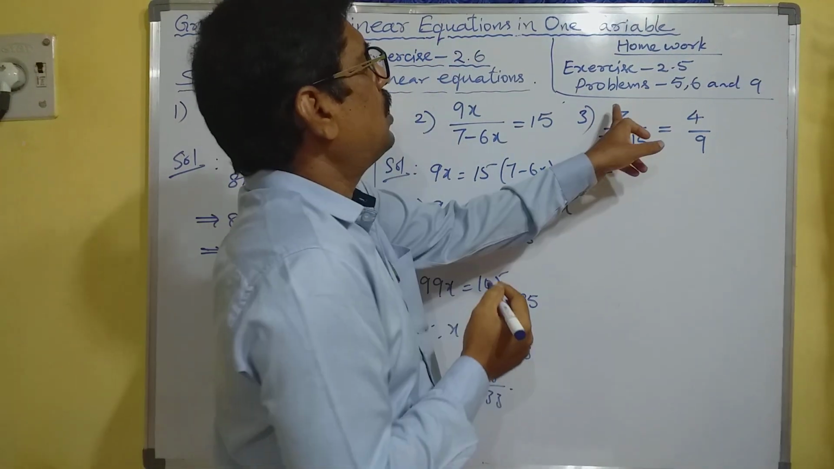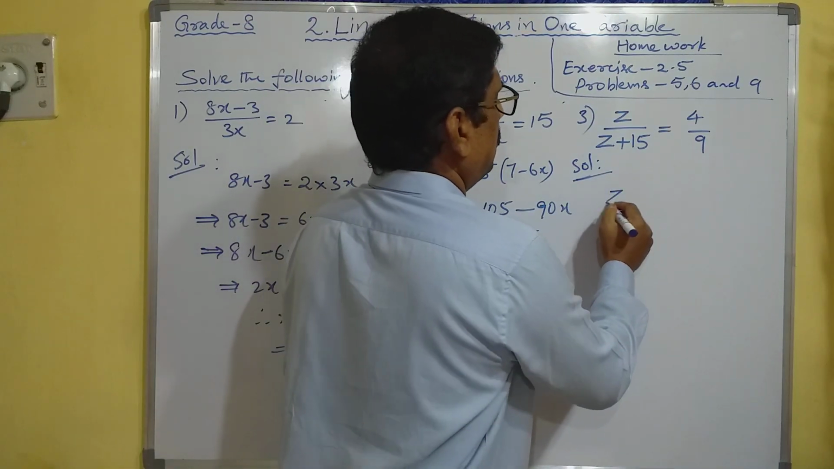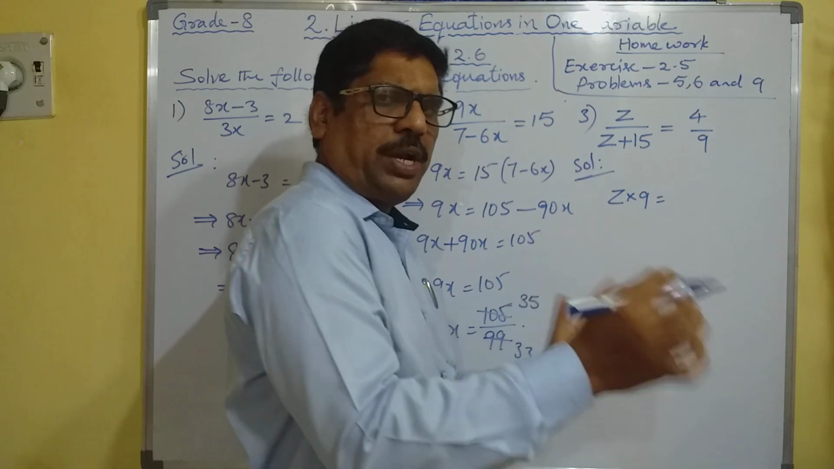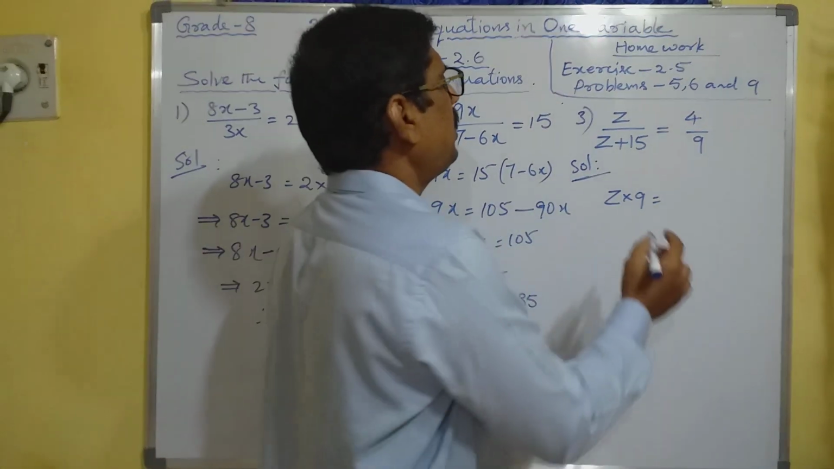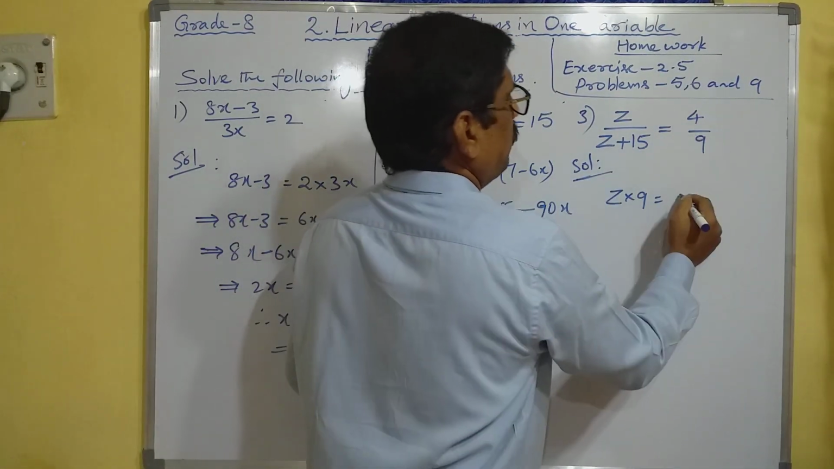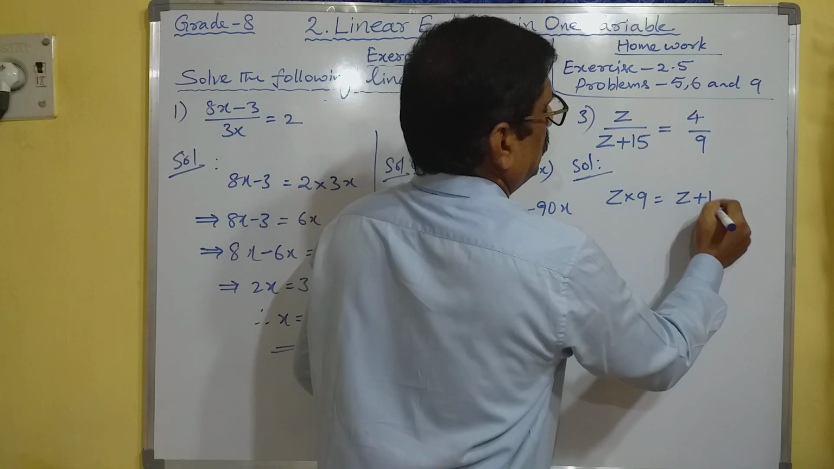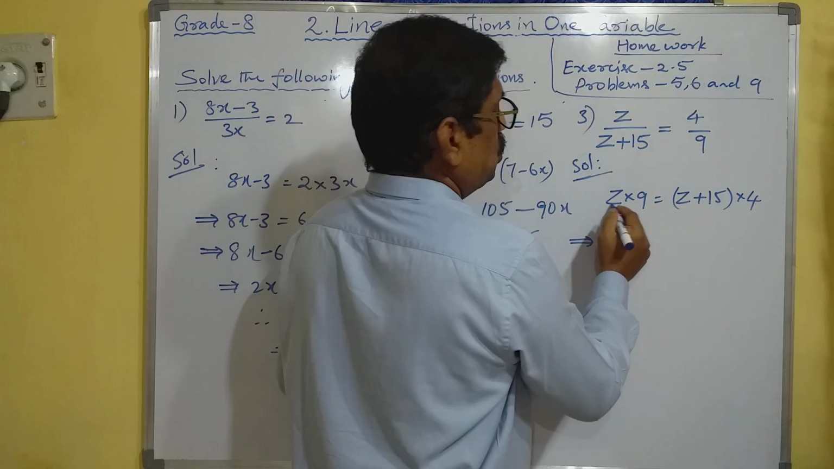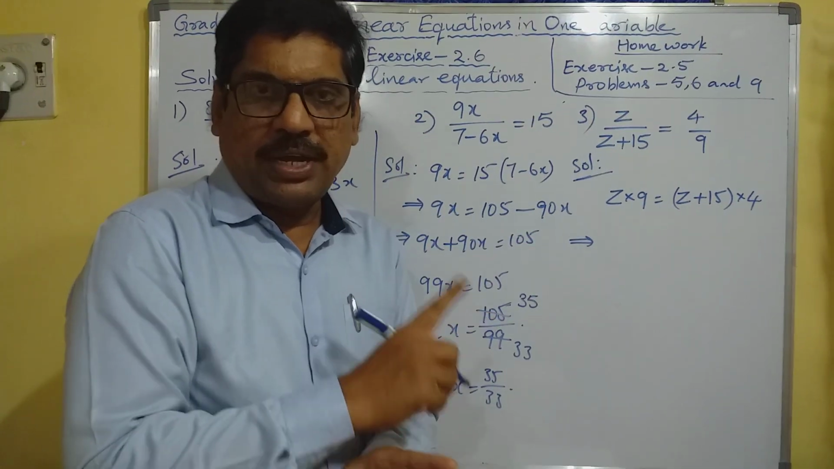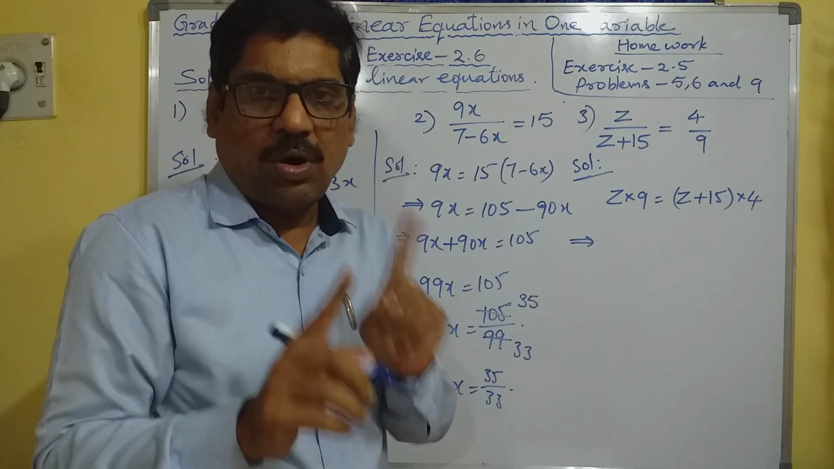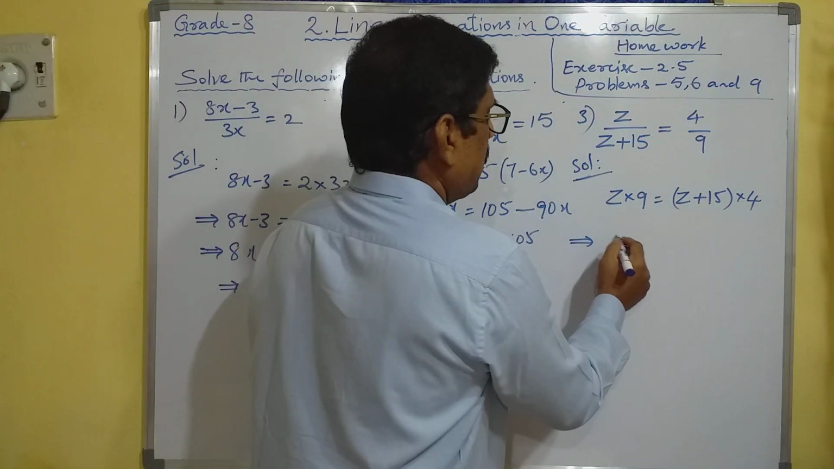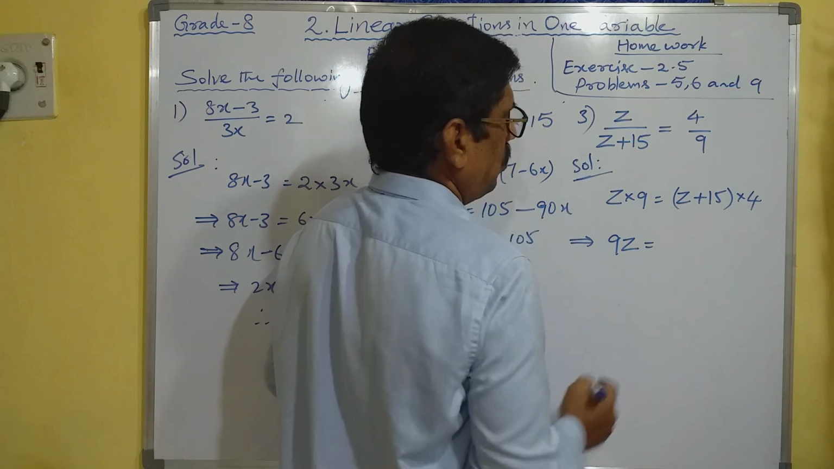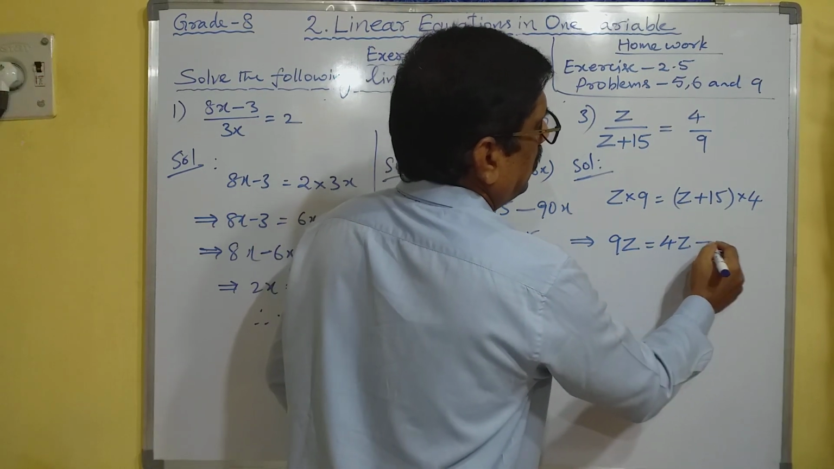So cross multiplication. Z into 9 is equal to Z plus 15 into 4. Otherwise, 4 into Z plus 15, we can multiply with any number with any other one. So Z plus 15 into 4. Now this implies Z into 9 or 9 into Z, we can write in any way. Why? Because it is a commutative property. Z into 9 can be written as 9Z is equal to Z into 4 is 4Z plus 15